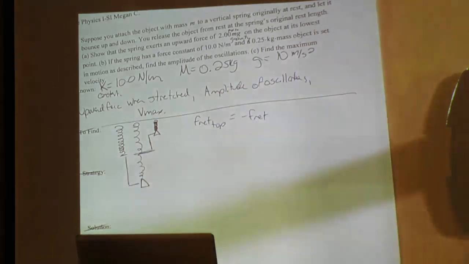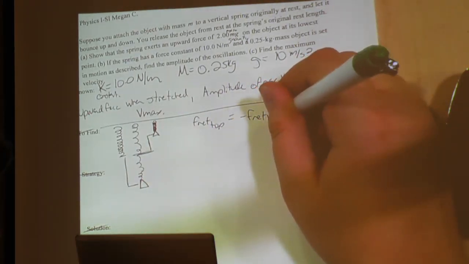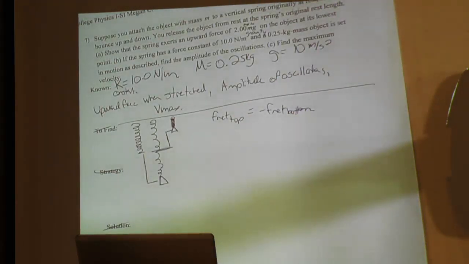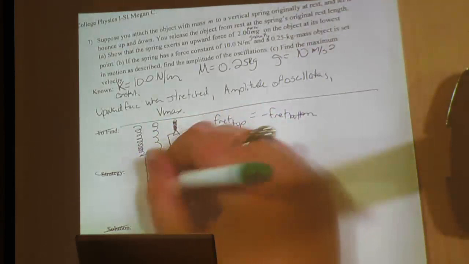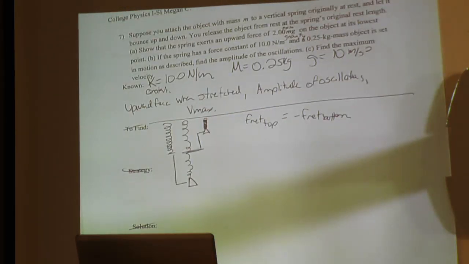So we're going to take that as a negative, right? So basically you stretch it out, you let go, and it's going to scrunch up. So one of these values needs to be positive, one of them needs to be negative. All right, so basically what this wants us to prove is that when